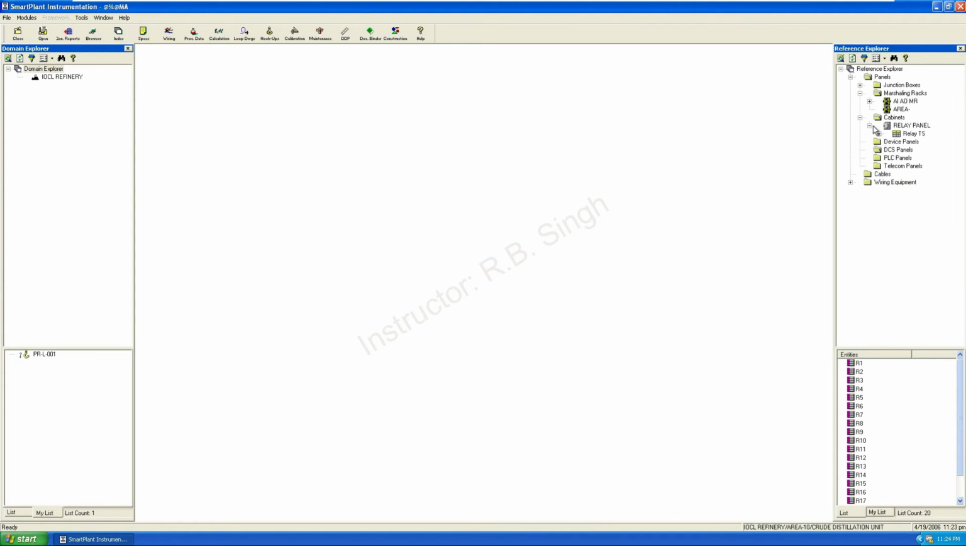So these are the relay panels you have created. This way, any panels you may require in your project, you can create by this method. Similarly, device panels. For the device panels, we have already discussed in our previous lecture,